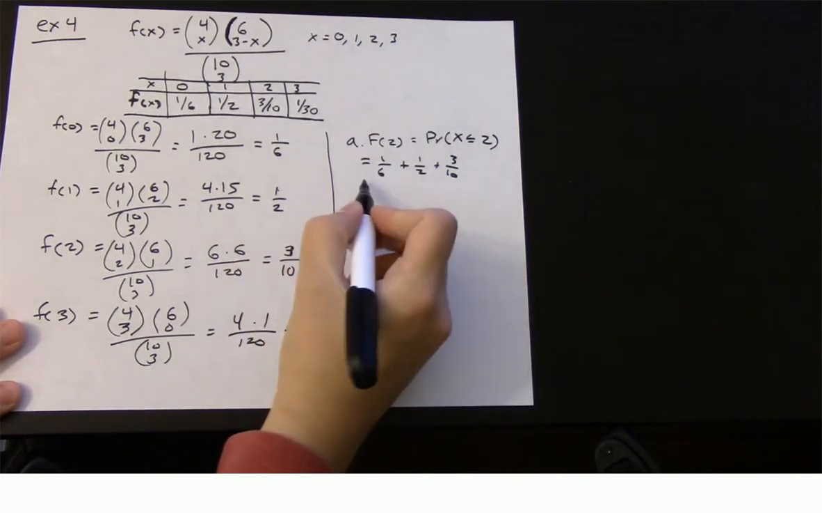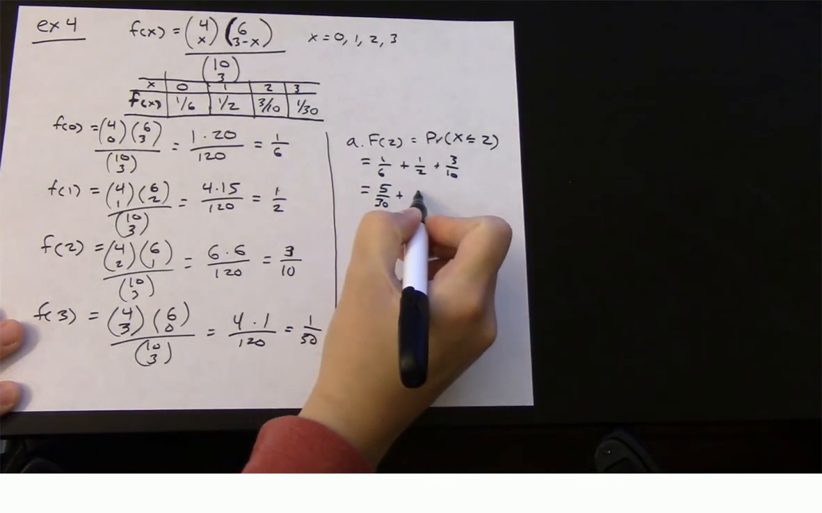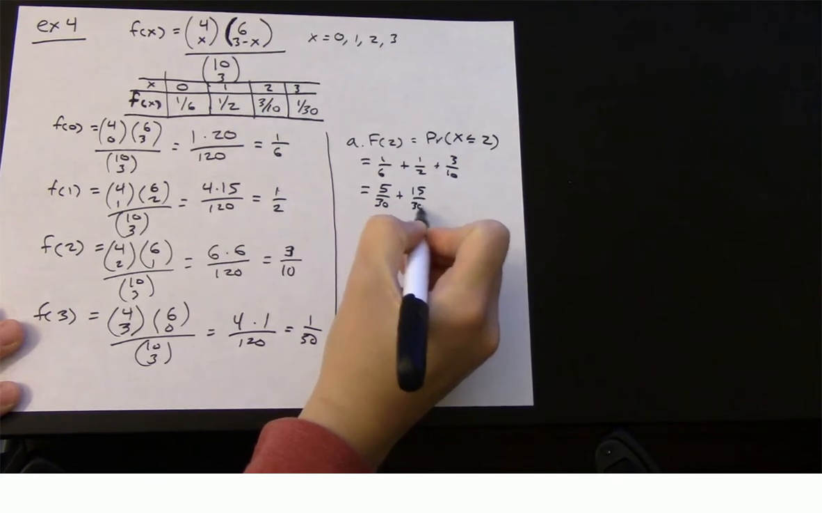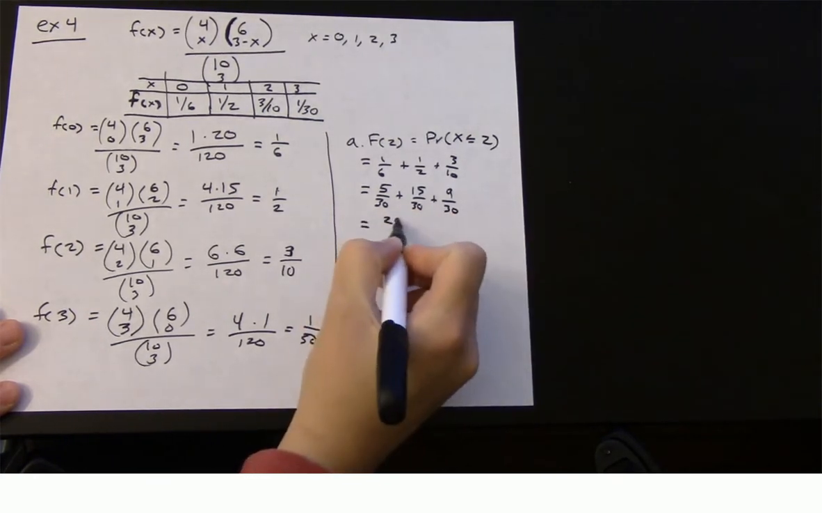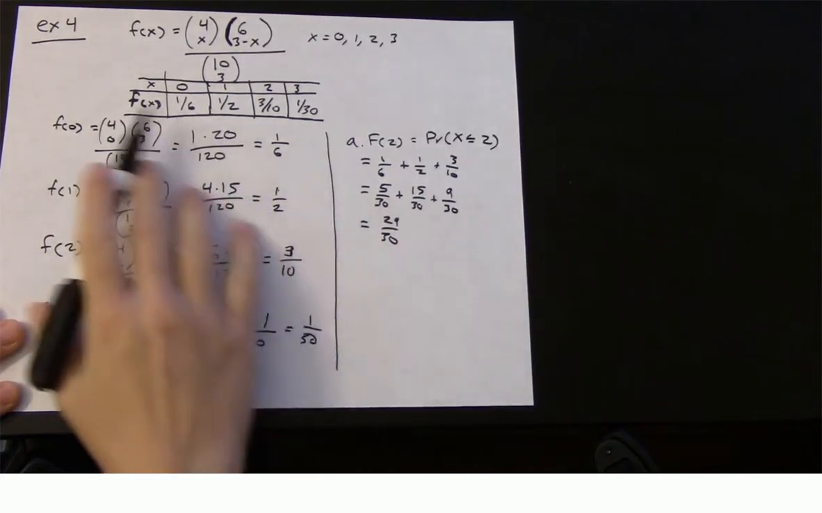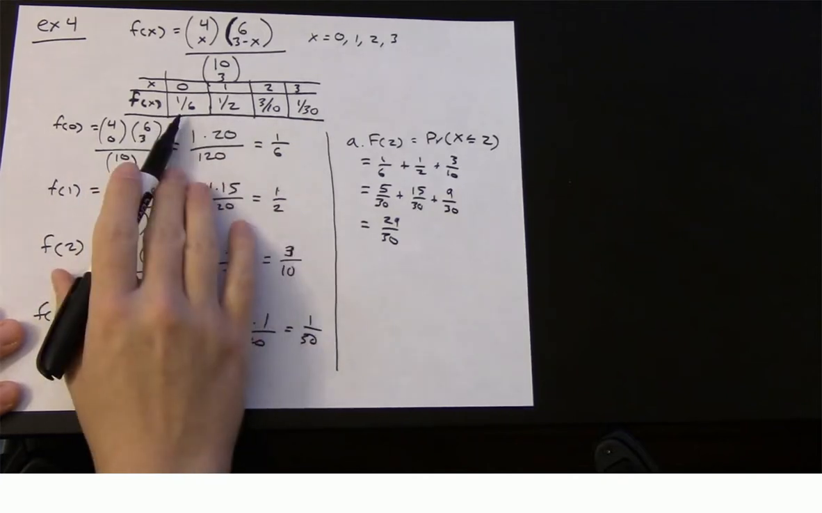It looks like it's 30. So this is 5 over 30 plus 15 over 30 plus 9 over 30, which is 29 over 30. Now you see why they just, in the PLE, decided to leave everything over 30